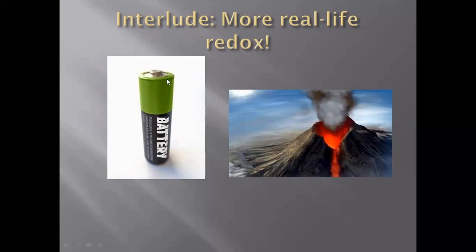In batteries, the reaction between the chemicals is also a type of redox reaction, because we have acid inside it, we have metal inside it, and two types of electrodes. One is positively charged, another is negatively charged, and on those positive and negative charges, a redox reaction takes place which produces electric current. And in volcanic eruptions there is also a large amount of redox reaction which produces a large amount of heat and light.